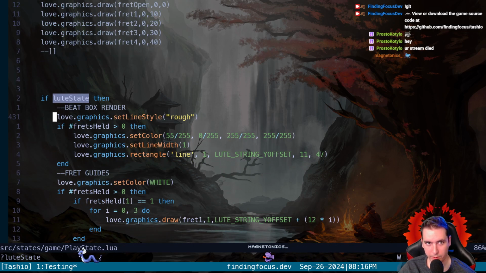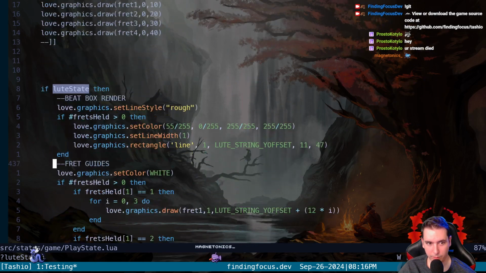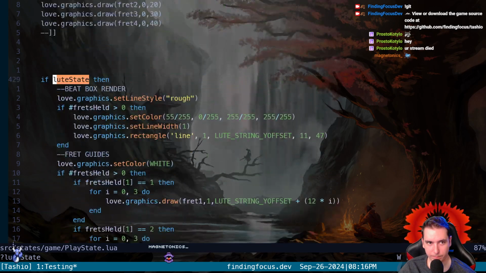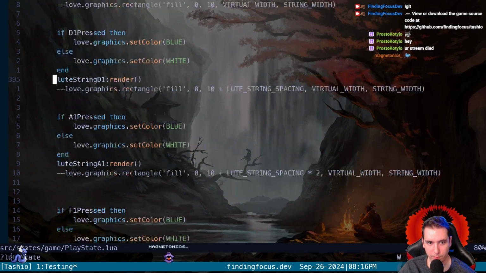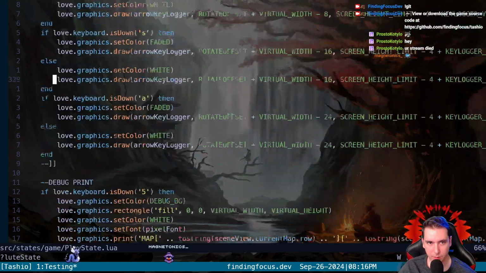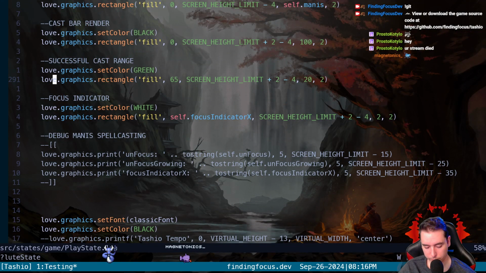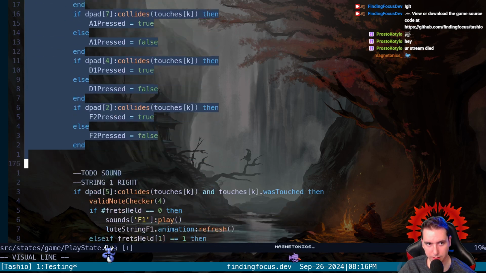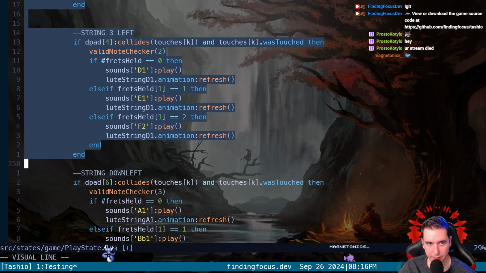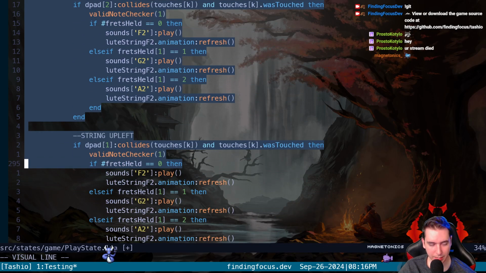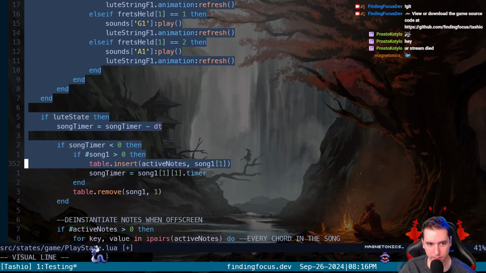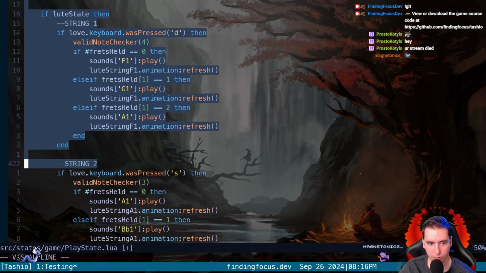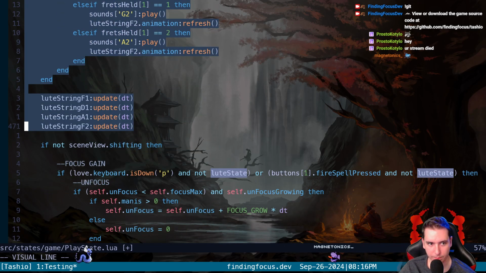Maybe not. This is in our render? Okay, yeah, this is in our render. Okay, so what I should have done is before we deleted where our loot state was. Let's see. Okay. So right here, I can just delete everything inside it. Keep the boolean because we still need to decide when we update our class. So we can say we delete everything that we just copied over, which went all the way down here.